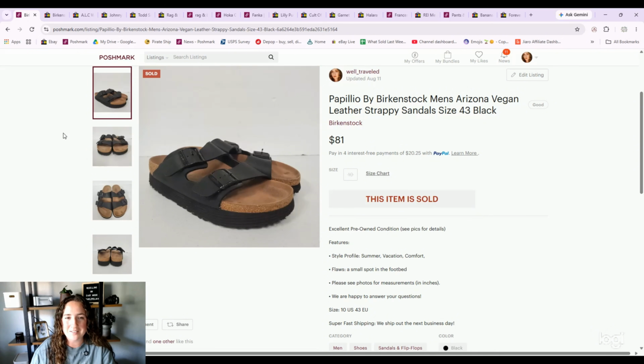It has not changed for many years, and so it's definitely one that holds a lot of weight, in my opinion. And sandals can also sell in fall and winter because people wear them with like alpaca socks. So don't be afraid to pick up Birkenstock sandals in the winter. Men's are definitely going to do better than the women's in terms of sell-through rate and average sale price. And so this was no exception. This one was a pair of men's Arizona vegan leather strappy sandals. We have these listed probably for like $90-something on Poshmark, and they ended up selling in just 18 days on an offer for $81 on Poshmark, and that made my earnings on the order $64.80, which again I will split